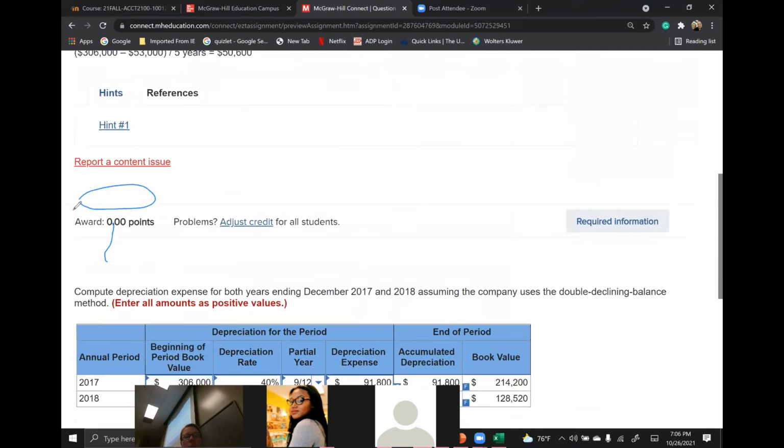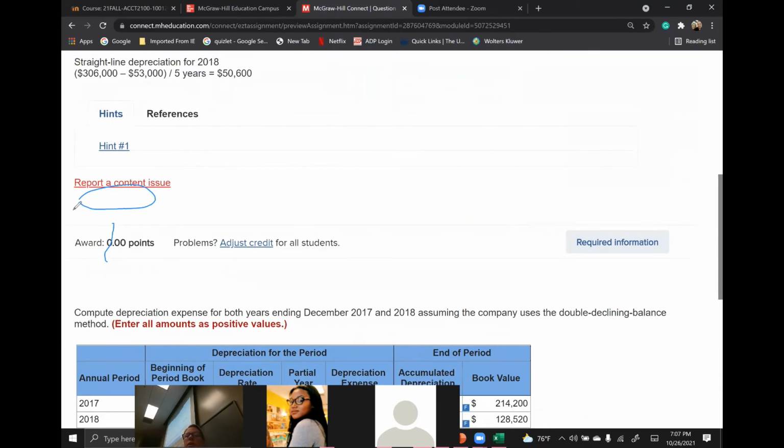Okay. Compute the depreciation expense for both years using double declining balance. Okay, so remember this one's a little bit different. We have to calculate out, what is it? It's 5 years. So what's 1 divided by 5? 20%. And then we double that, it's going to be 40%. Do we consider the salvage value when we calculate that 40%? No. So we're going to have to go back to what the amount is of the asset